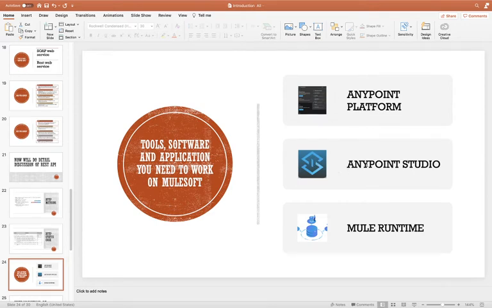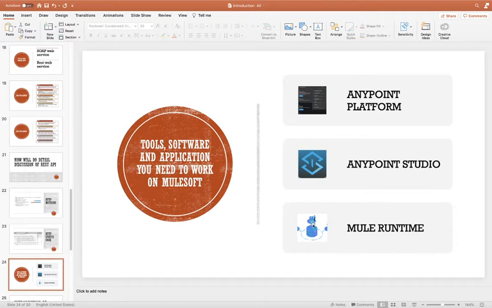Then Anypoint Studio, which we will use for development purposes. Once we create the YAML file, we will either publish that YAML on Exchange or download it and use Anypoint Studio to create the Mule application, or we can create a Mule application without a YAML file also. That I will cover in the next session.